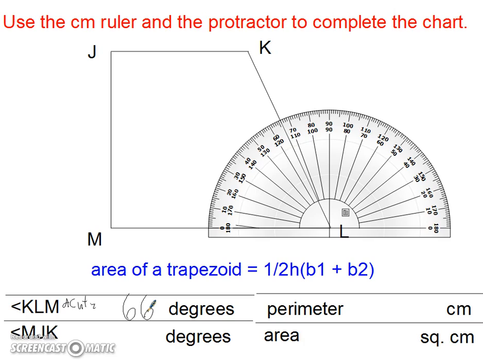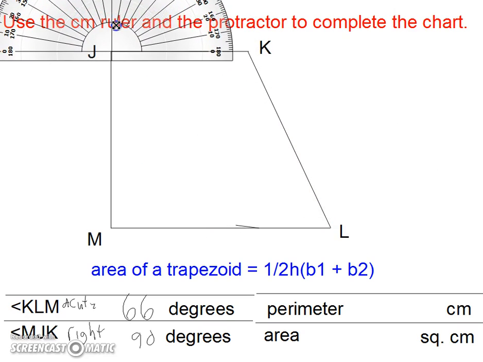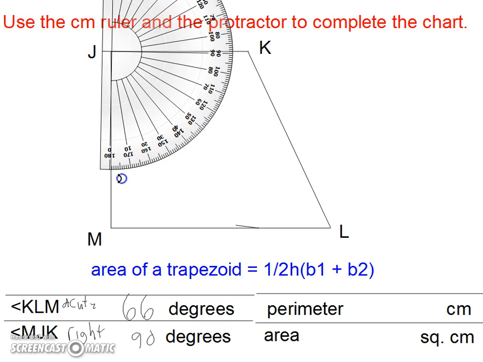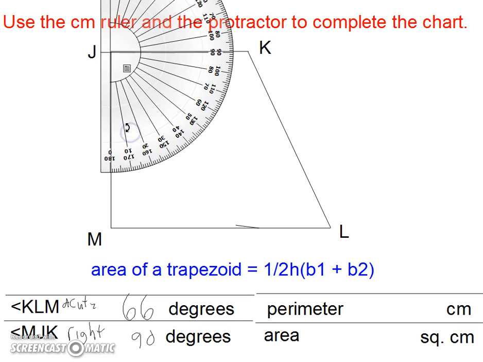My other angle is MJK. Here's MJK. I think some people probably already know what it's going to be. You should be able to tell that that's a right angle, and it's 90 degrees. If we want to put it on there just to be sure, putting it on the J, rotate around. He's being a little picky. I may have my bullseye off by just a hair. There we go. Sometimes that happens. And it is right on the 90 degrees. Alright, close up my